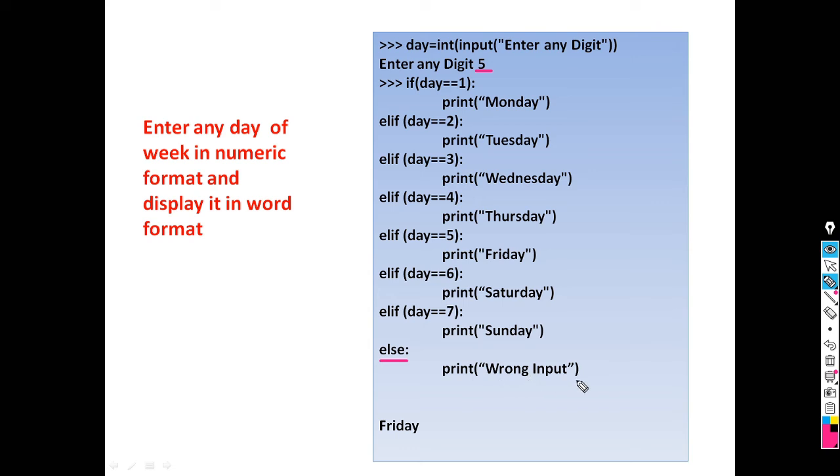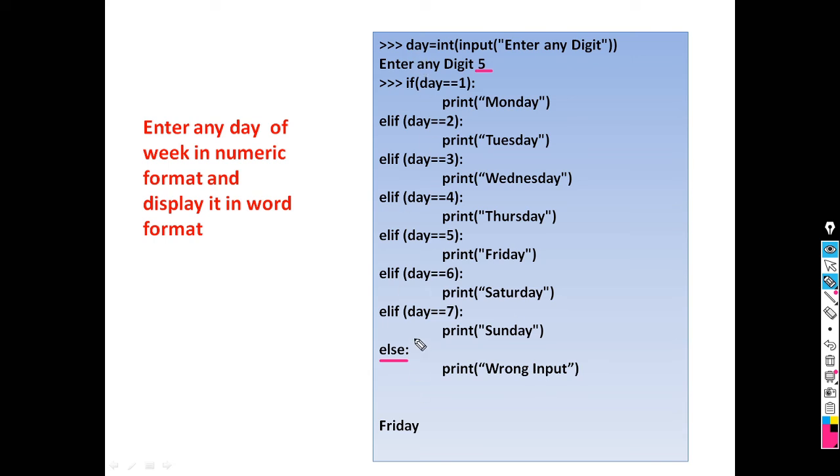Whatever input is given by the user, accordingly the Python interpreter prints the output. You can write else print wrong input, or your input is invalid, you should enter a number between 1 and 7. Whatever text message you want to print for invalid input, you can write here.